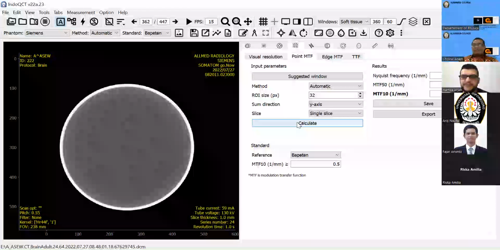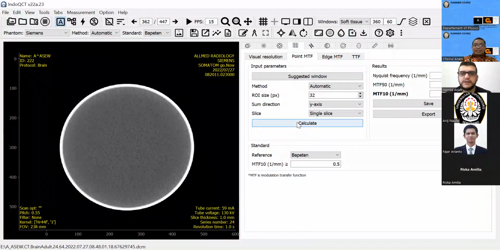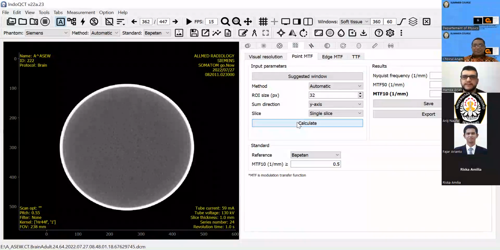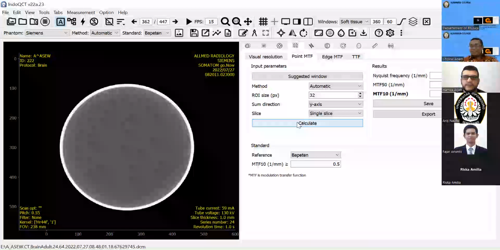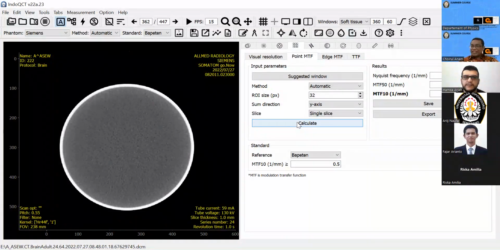And now we will measure the MTF, the edge modulation transfer function, because in your image there is no point object, so we can measure the resolution using edge MTF. And now please tap the edge MTF.